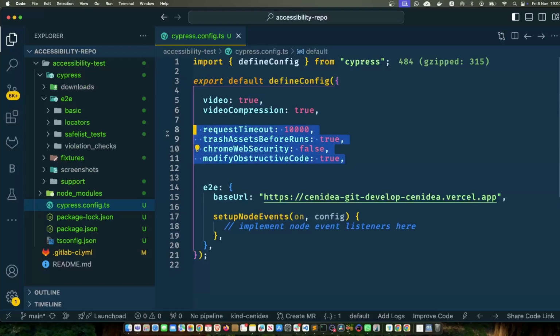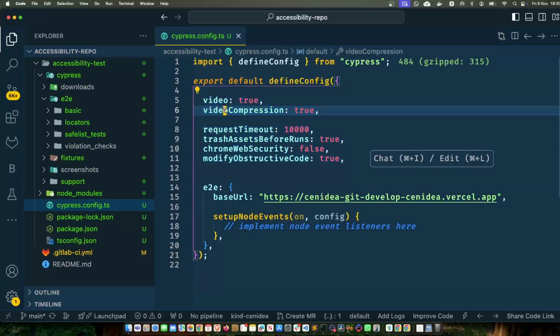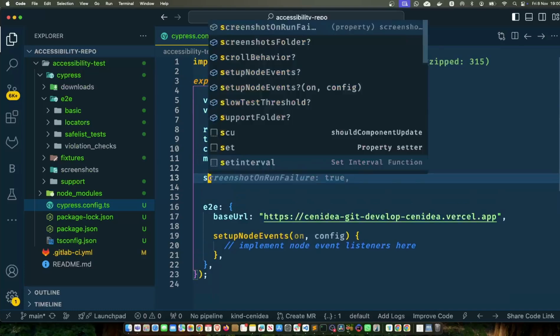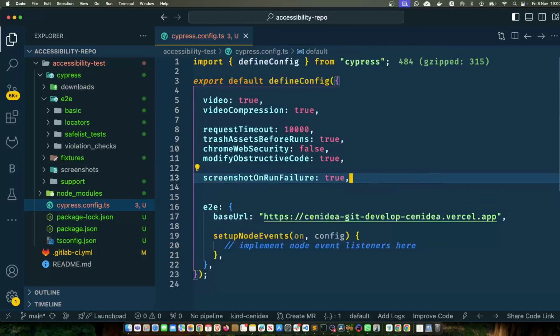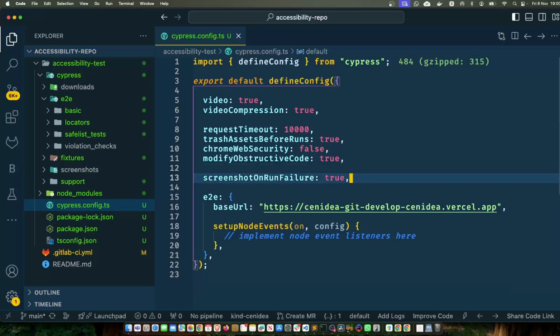So these ones, these are good. This one will take a screenshot, would take the video. If you want a screenshot also, I think there's one for screenshot as well. Screenshot on failure, take it through, because we want to see the screenshot and see how the tests are passing and failing. These are the things that I'd like you to configure really before you begin to actually create this